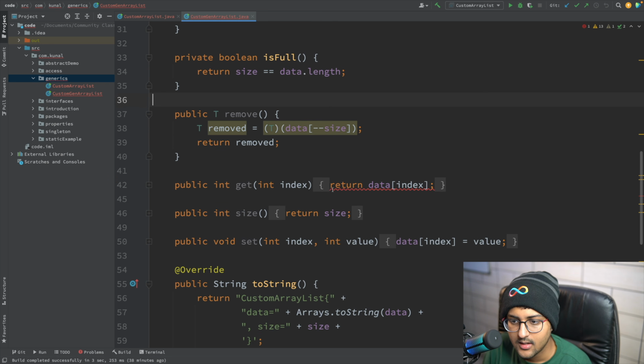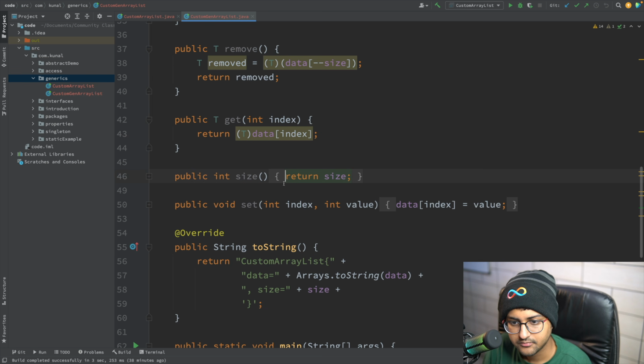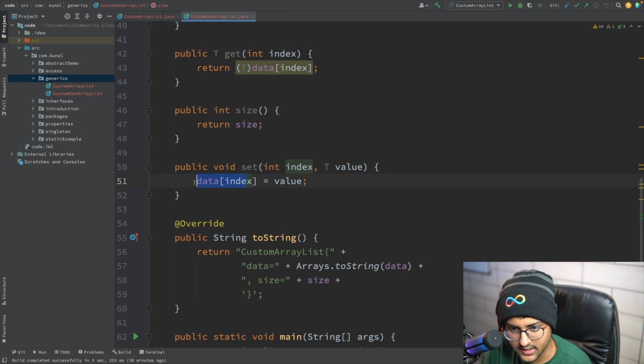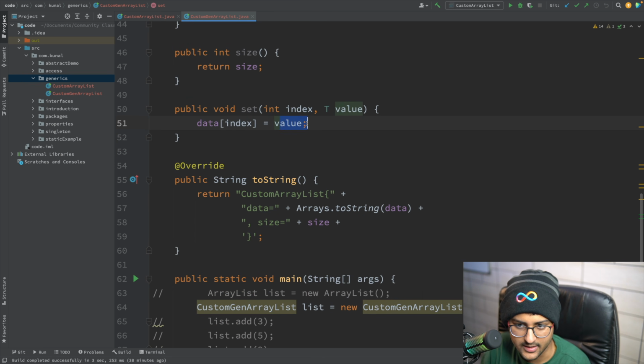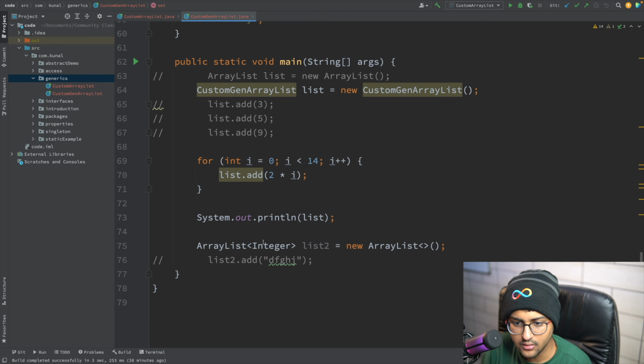Here also it will be an integer value, that's correct, T. Something like that works. Size will be integer. T value is fine. In Object you are adding the T, so no casting is required, because in the bigger one you're adding a smaller one. Should be fine now. Yeah, let's try to see.